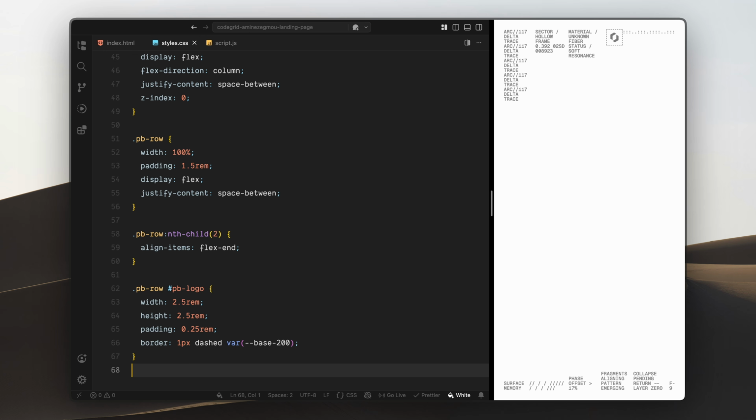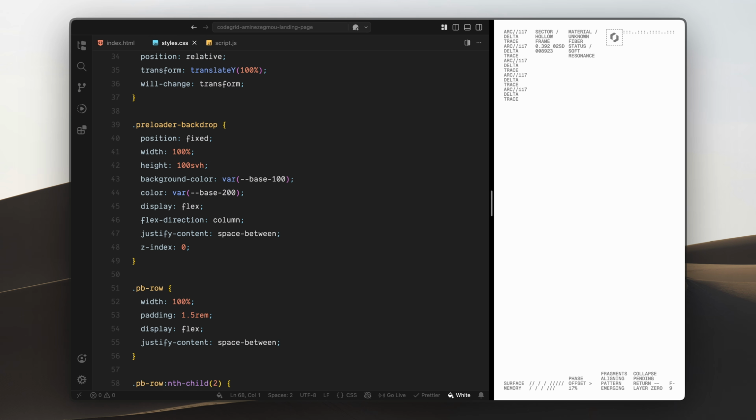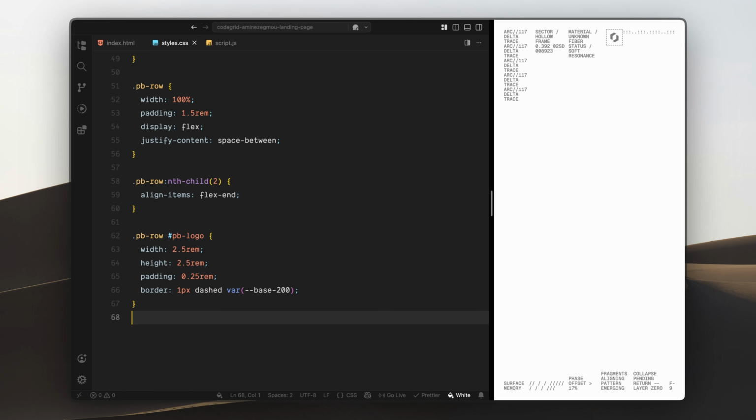Now let's style the preloader backdrop. I am setting it to position fixed so it covers the full viewport with a white background and muted gray text. Display flex with column direction and space-between, so the two rows of content push to the top and bottom edges, and a z-index of 0, which means it sits behind everything else. For the backdrop rows, full width with some padding and flex with space-between to spread the columns evenly across. The second row gets align-items flex-end so the text anchors to the bottom. The logo inside the backdrop gets a small fixed size with some padding and a dashed border to match the